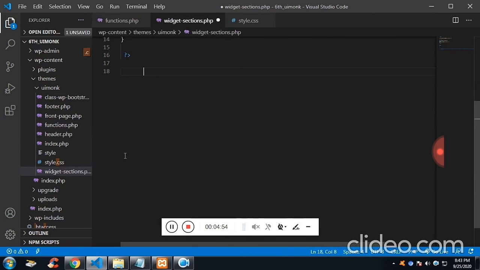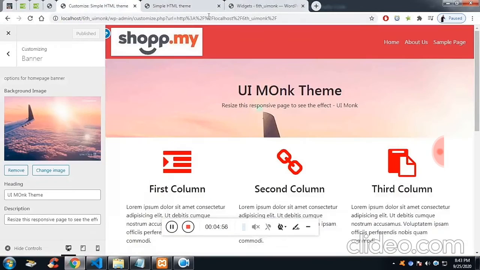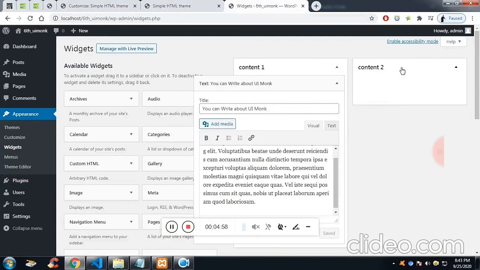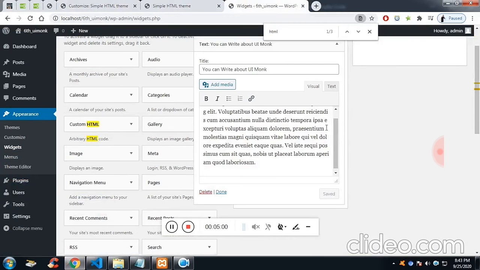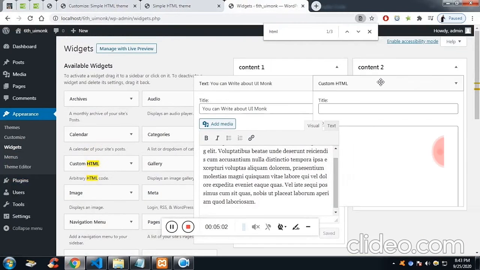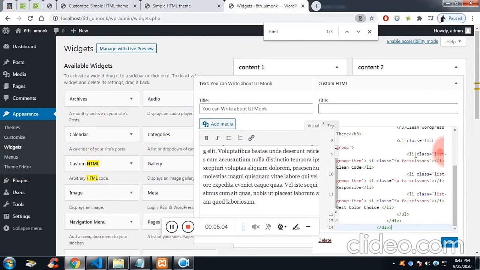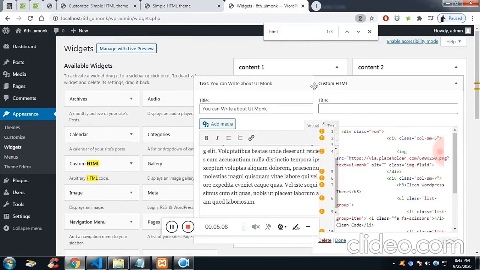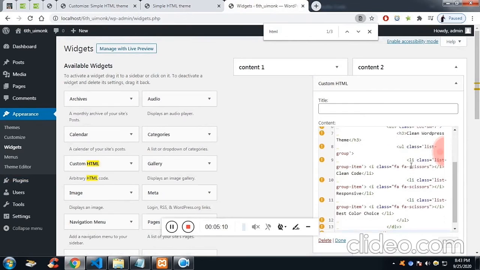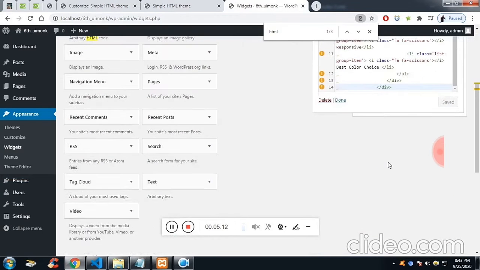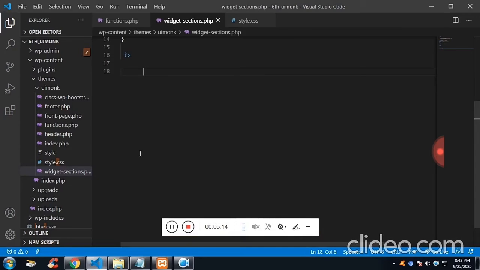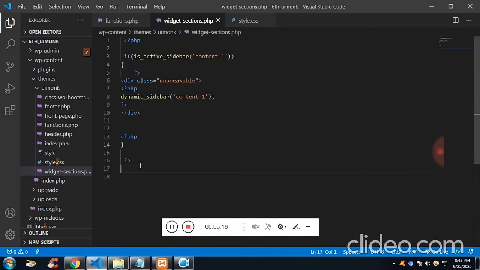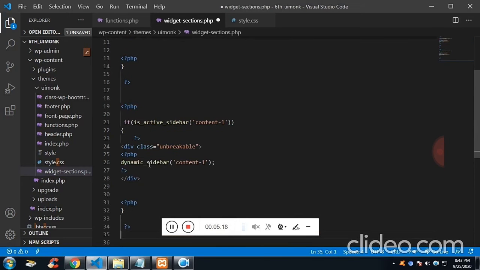So this is the custom HTML. I have to drag the custom HTML to this content section and paste the custom HTML. Now we need to pass the ID for the active sidebar and dynamic sidebar,